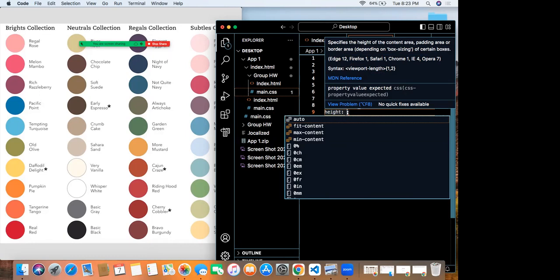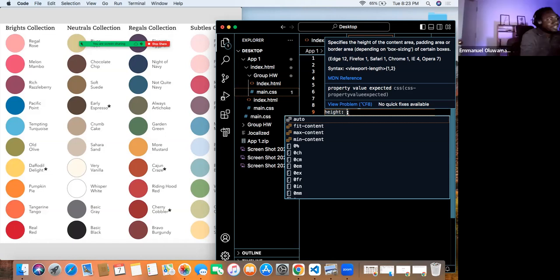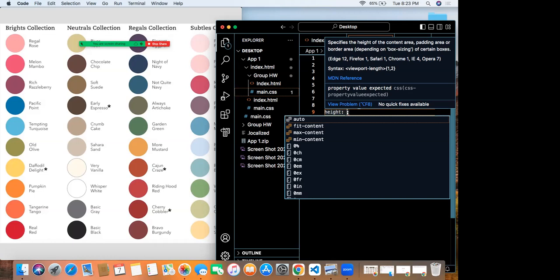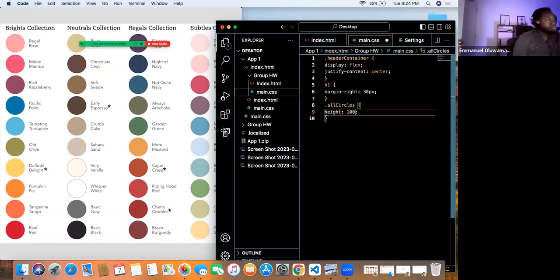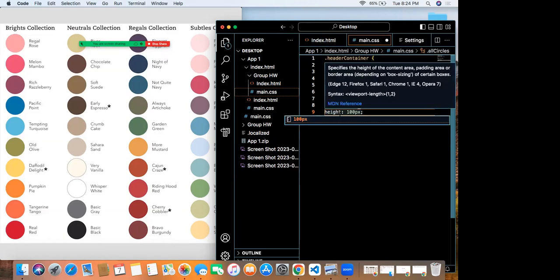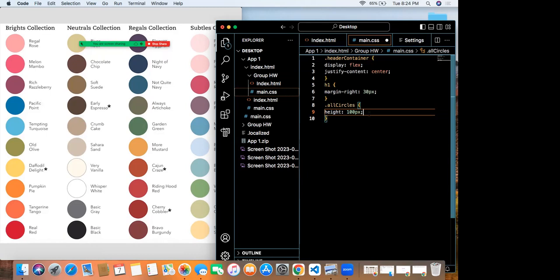I also think there needs to be something that says border radius equals 50%. Are we doing that first before height, or does it matter? I do the height and the width first, and then border radius 50%. So just try any height size, px, and then width as well.